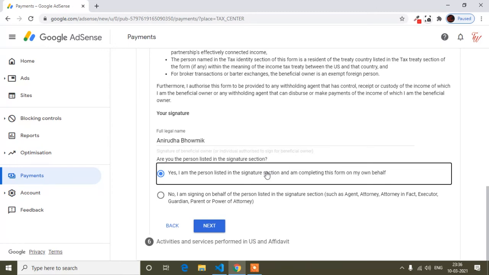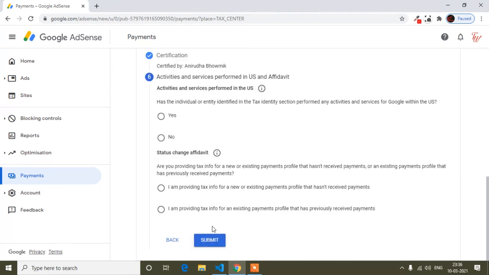There are some criteria, I can't say the exact age. In that case you have to choose this option. Otherwise, if you are eligible for AdSense and you have already opened your AdSense account in your name, you can choose the other option. Okay, and now click next.